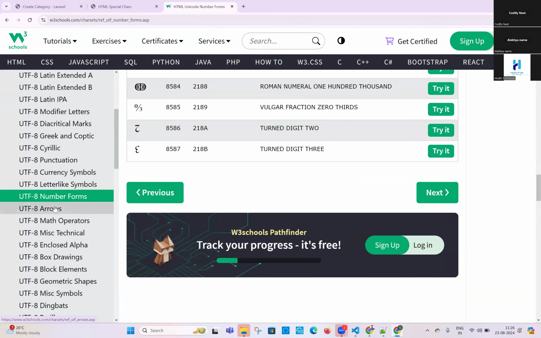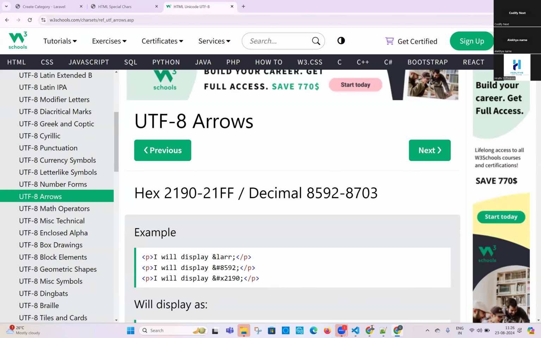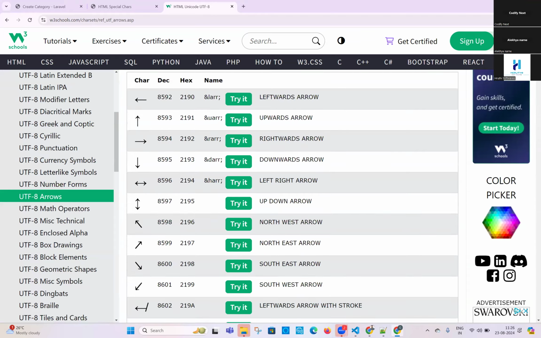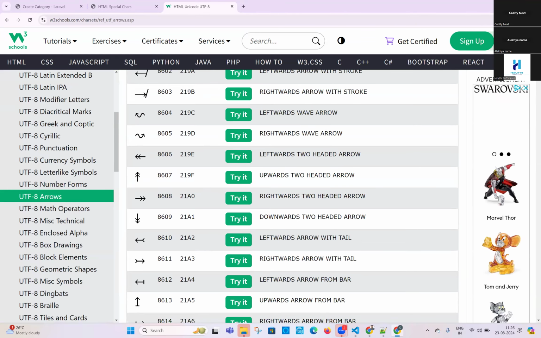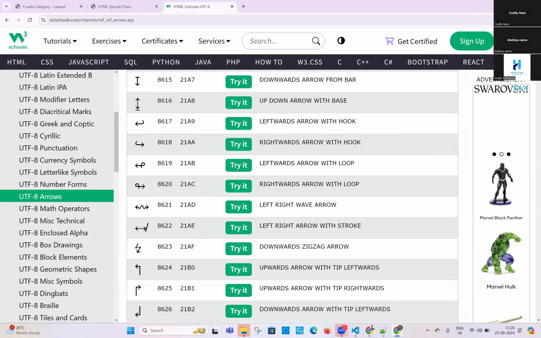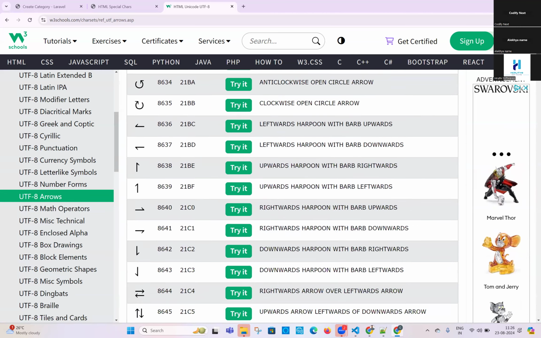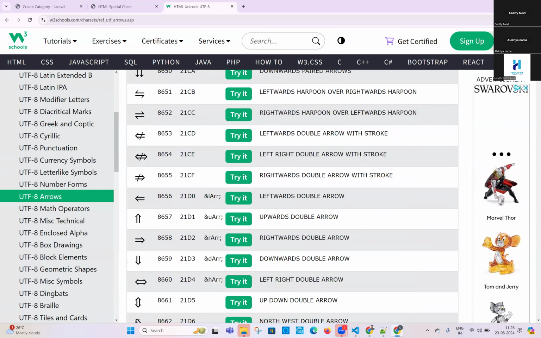Arrows, arrow symbols: left arrow, right arrow, down arrow, double arrow, up arrow, right? These are all arrow symbols, from arrow left to arrow right. You see, these are the arrow symbols. Can you see the forms? Generally, while we are traveling on the road, we will see different symbols, arrow signs, left, right, zigzag road ahead, something like that, right? If you want to see this type of symbol, we will see it somewhere. We will definitely see this symbol, not exactly like this; some curving will be there, right? Left, right. You see, different symbols are there, guys. These are all the arrow symbols. Double arrows,